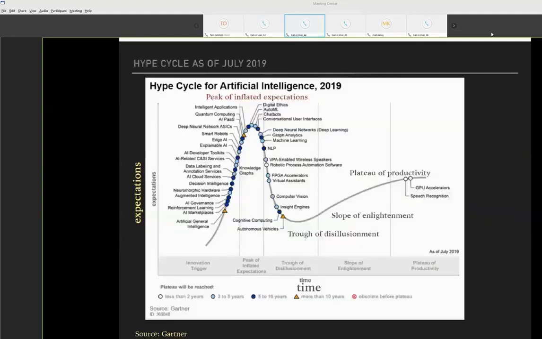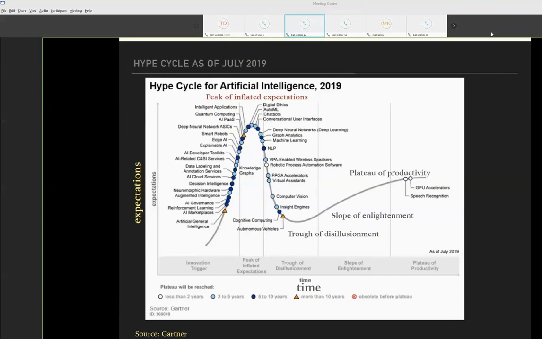And I just wanted to briefly mention this, too. This is the hype cycle for artificial intelligence as of 2019. This is from Gartner, who puts this out once a year. And this is just amusing because I think where we currently are in geoscience is near this peak, the peak of inflated expectations about this new toolbox and what it can do for us. Ultimately, we're going to have a crash to the trough of disillusionment. We're going to slowly have a slope of enlightenment and then a plateau of productivity.